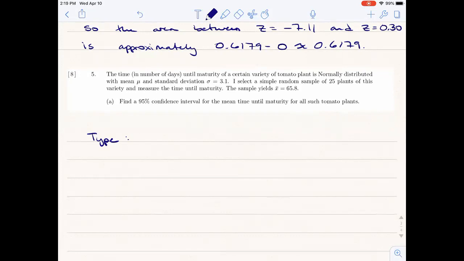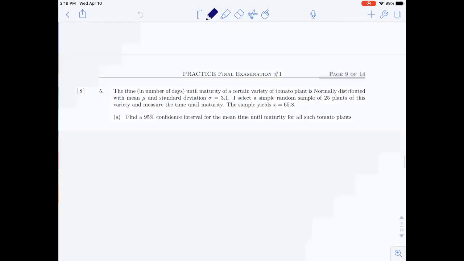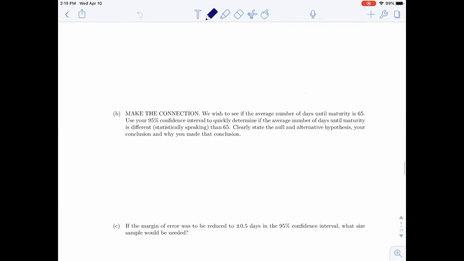The time in number of days until maturity of a certain variety of tomato plant is normally distributed with a mean mu and a standard deviation sigma equal to 3.1. I select a simple random sample of 25 plants of this variety and measure the time until maturity. The sample yields a sample mean of 65.8. And then part A says find a 95% confidence interval for the mean time until maturity for all such tomato plants. And then just briefly going back to part B, just to have a look,